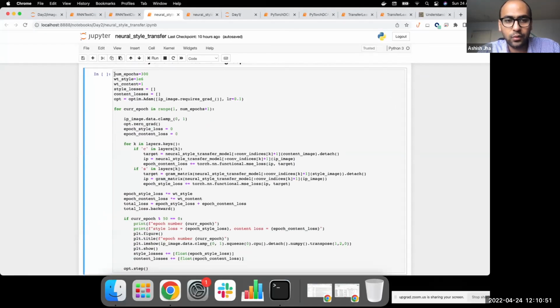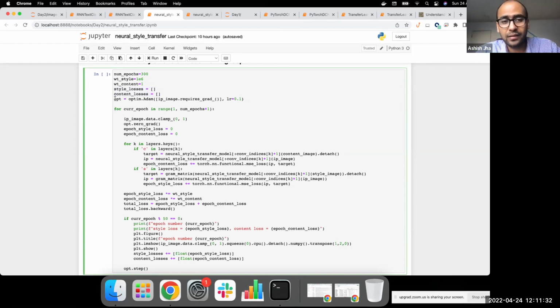You will see firstly a few hyperparameters. I have set the number of epochs to 300. This is again a hyperparameter, you can change it. This is just a setting that I have chosen. We need some weights for these two kinds of losses, the style loss and the content loss, because there are two losses which you need to add up, and you can add them up straight away, or you can add weights to the individual losses and have a weighted sum. According to the paper, I use the weights as they have used. So they multiply a weight of 10 to the power 6 to the style loss and 1 to the content loss. I maintain a list of style and content losses so that I can track them later across the epochs.